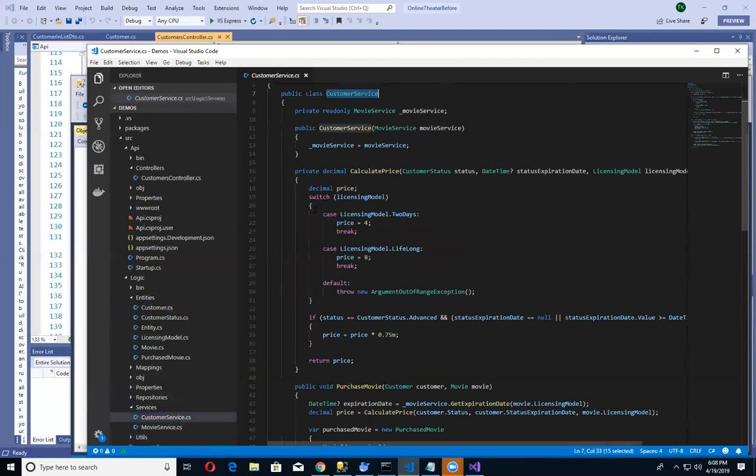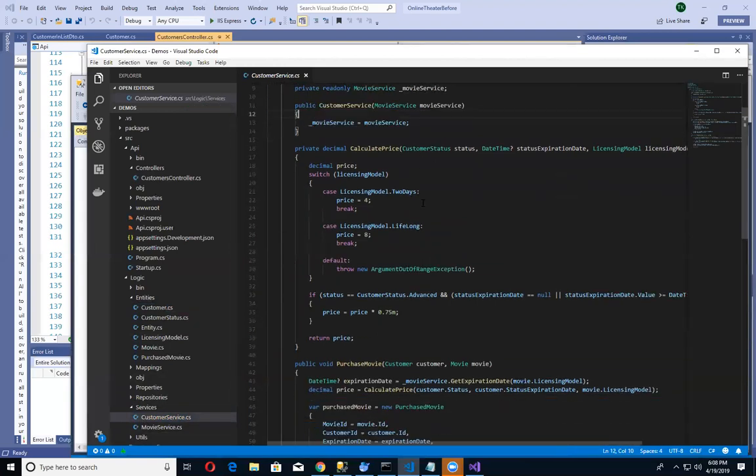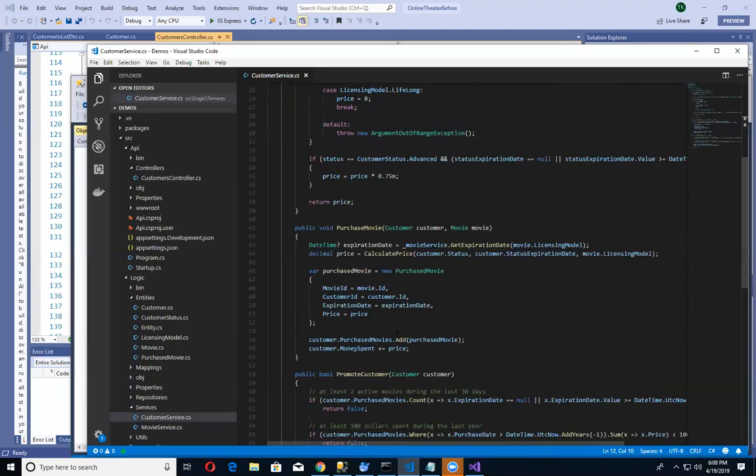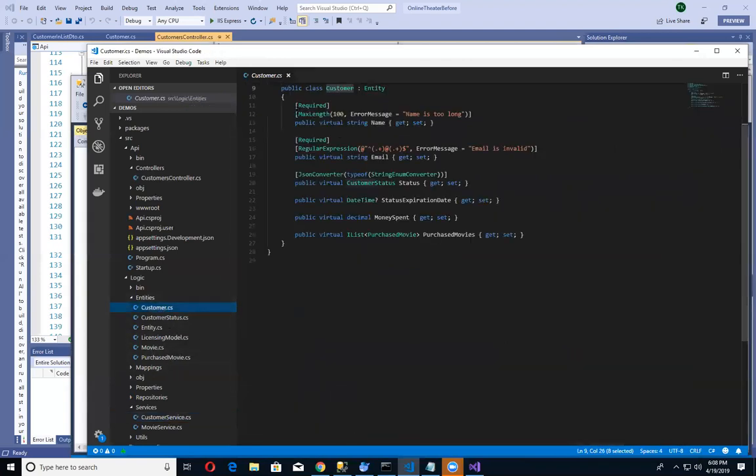What you're looking at here is the anemic approach, where we have a set of functions that we put in a service that will actually act upon the data that are in our different model objects. So if I go to customer, you can see this is an anemic model.